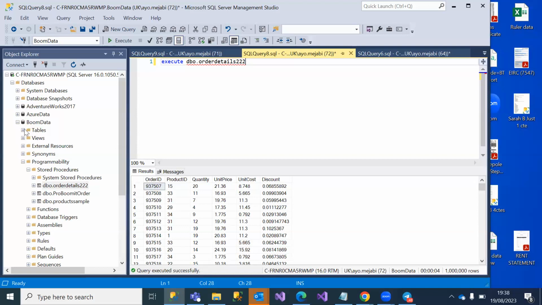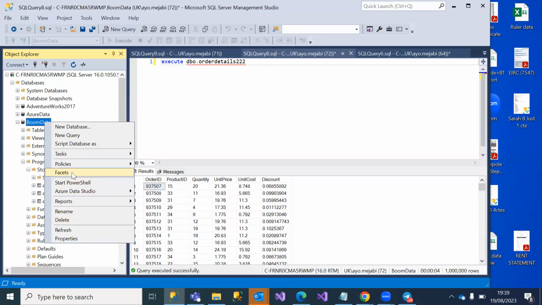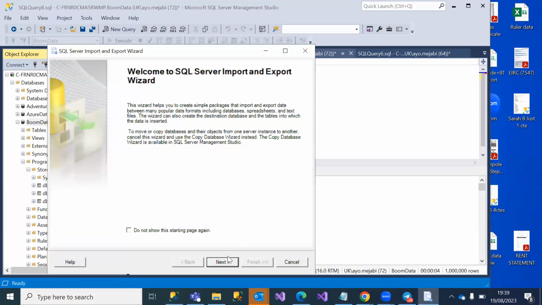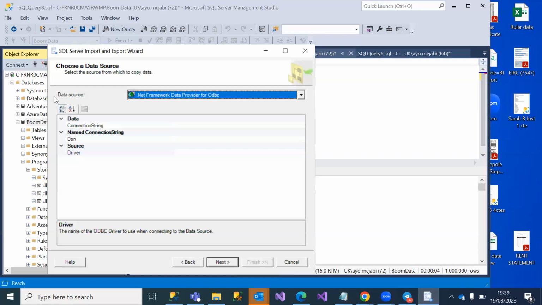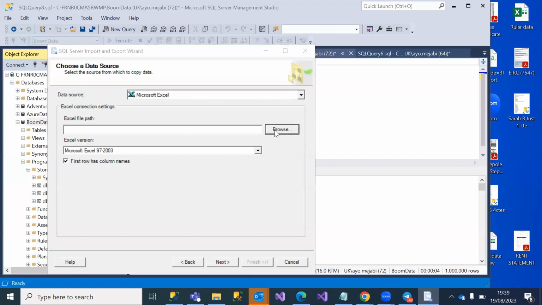So I'll go into the database you want, then right click and go to Tasks. Tasks will open this, and you say Import Data. It opens up a page for you, the welcome page. Just go next, and then it says data source. Please watch out for this, because two of these exactly the same will come up. Read it: it says data source. Your source, first of all, is Excel. Then you browse to where your Excel document is. If it's a flat file, like CSV, you go and look for it wherever it is.